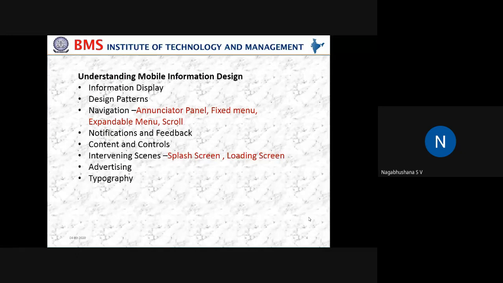Very important is that a splash screen should not last for more time. Maybe it should be there within a minute or 2 minutes. The splash screen should go, and a new screen, that means the actual contents, should be displayed. Otherwise, what happens? It will be a point of frustration to the people who are viewing it.